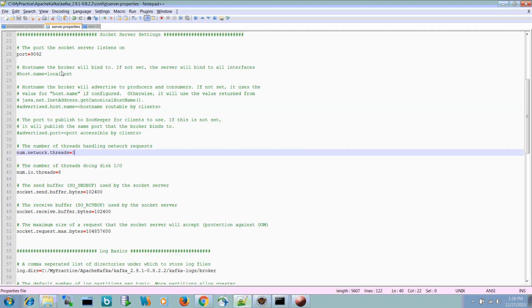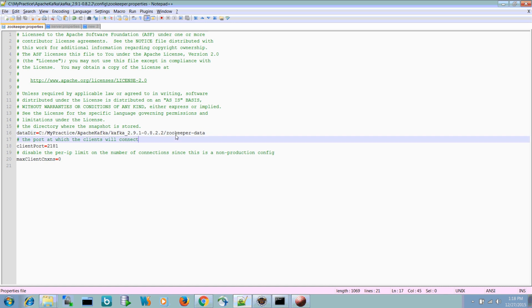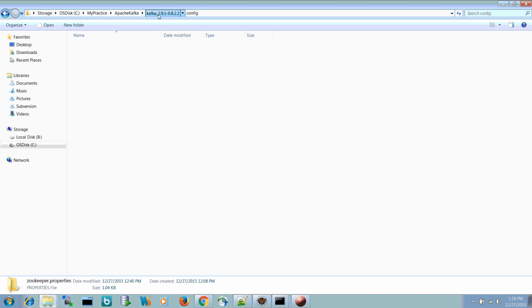Here you need to change this thing. I have opened this zookeeper.properties. You need to write your data directory location. On my system, I have written this particular directory, Zookeeper data, under this folder. So whatever the Zookeeper things are required to be stored, those will come here in this particular